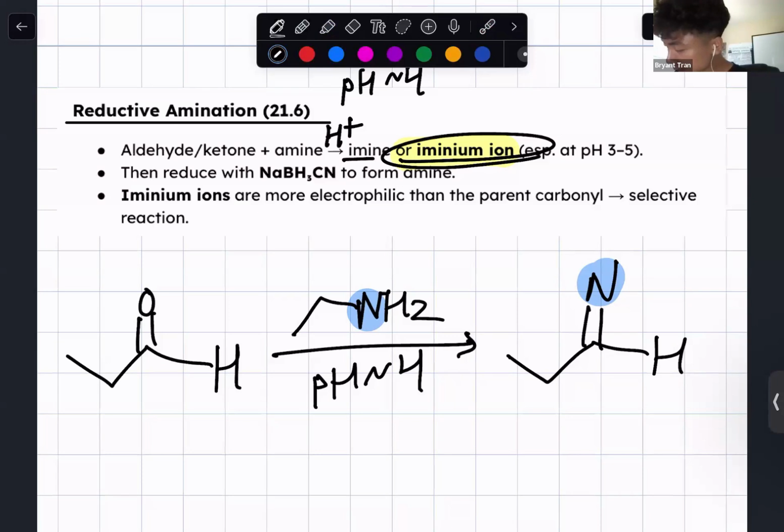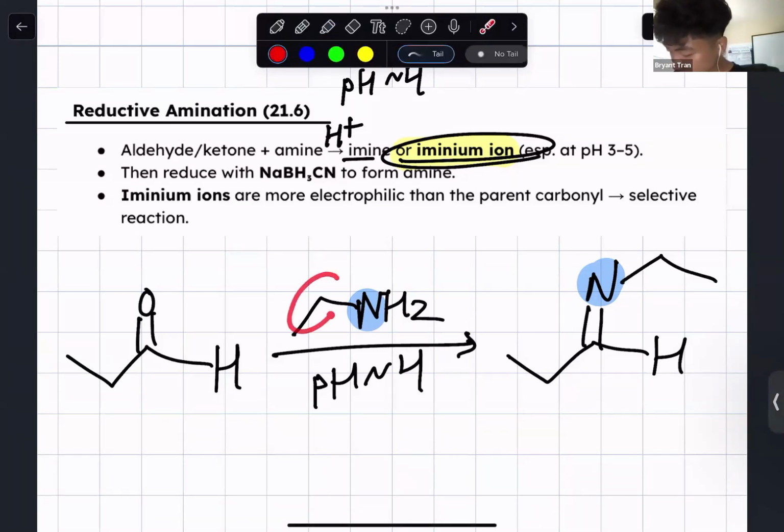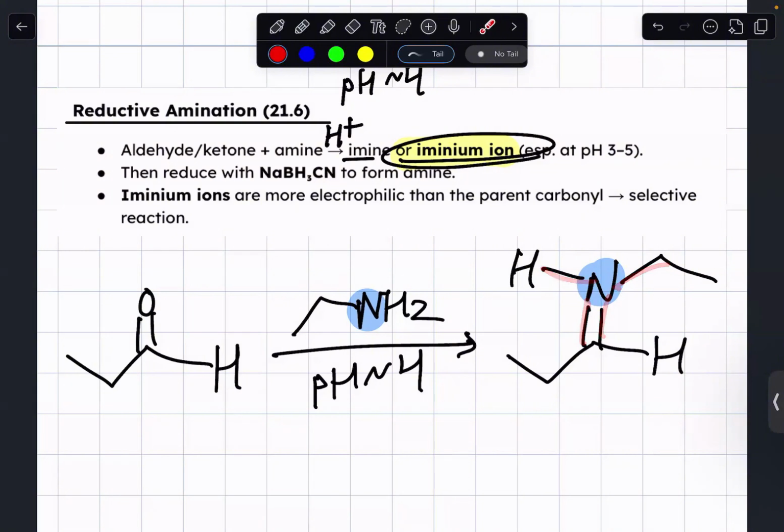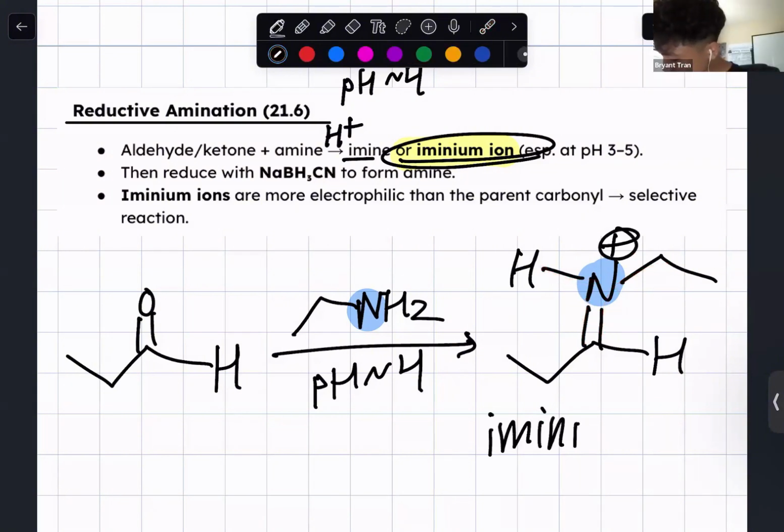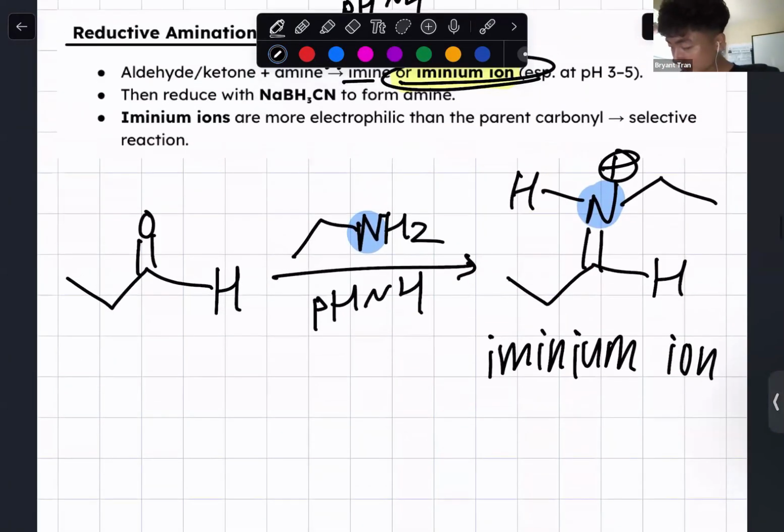And this nitrogen here is attached to an ethyl group, which is this ethyl group right here, and 2 hydrogens, right? But we can only add 1 hydrogen to conserve the octet rule, right? 1, 2, 3, 4 bonds. And what charge would nitrogen have with 4 bonds? Plus. Yeah, plus charge. And this right here is what we call our iminium ion, right? And then from this iminium ion,